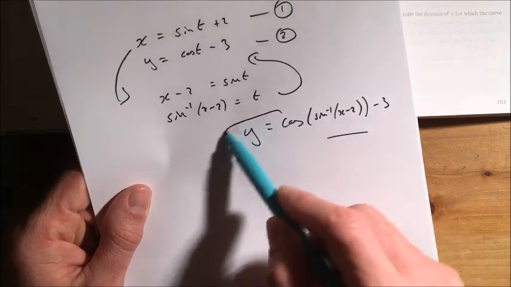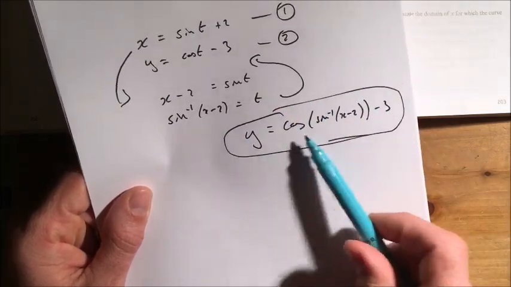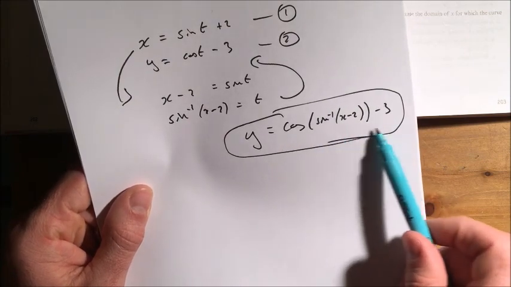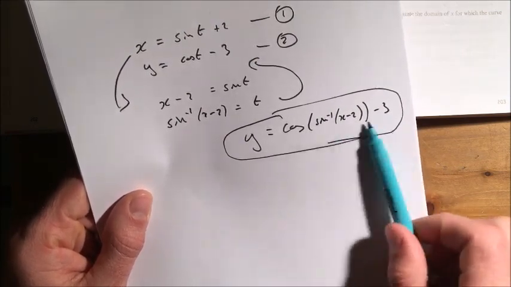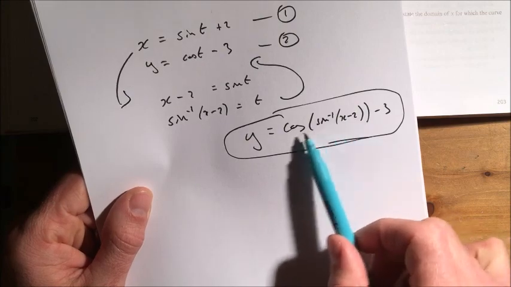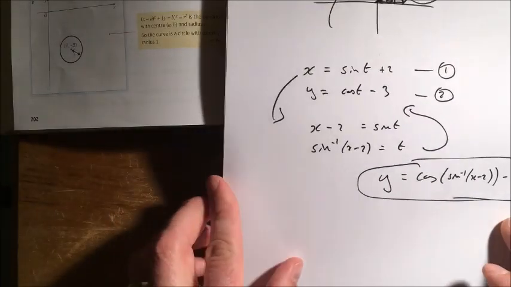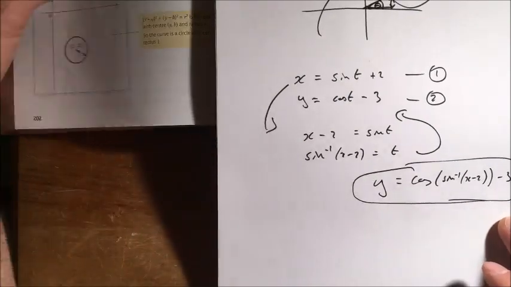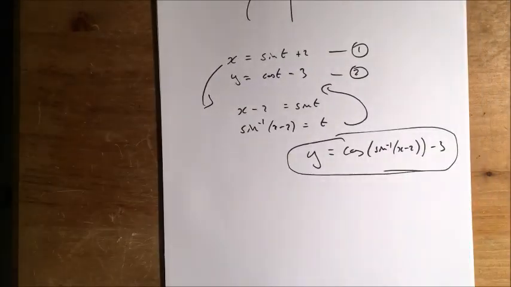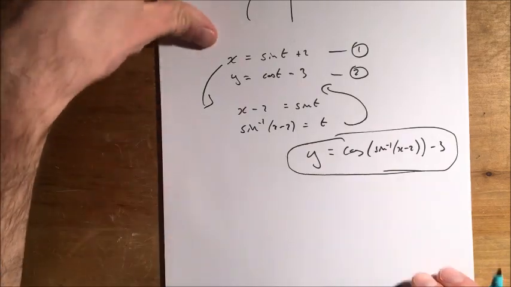Now, I mean, it's not wrong. y does equal that, but this is a completely useless Cartesian equation. I can't do anything with this. It's too messy. I don't know what this looks like. So I need a neater way of doing it. And the neater way of doing it, as you might have guessed, is to use tricks that we know about trigonometry already. So in this case,